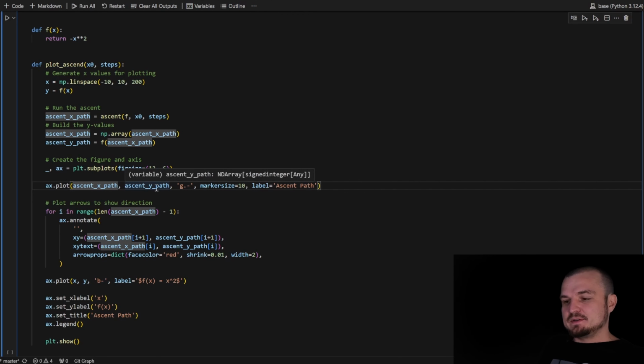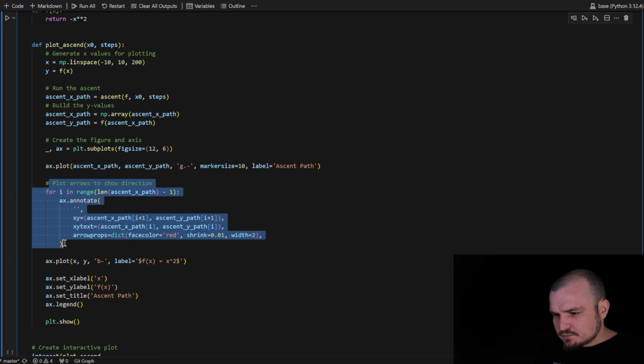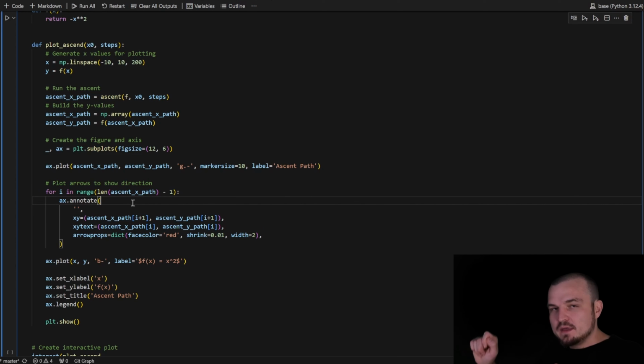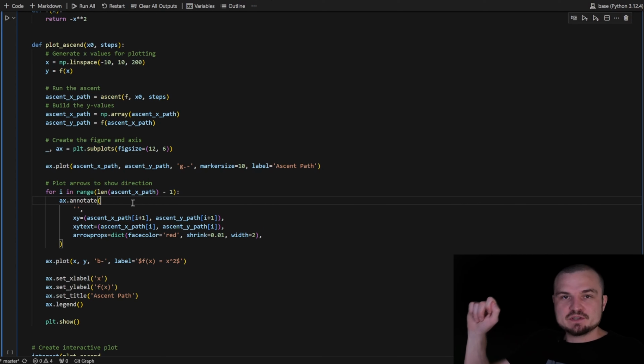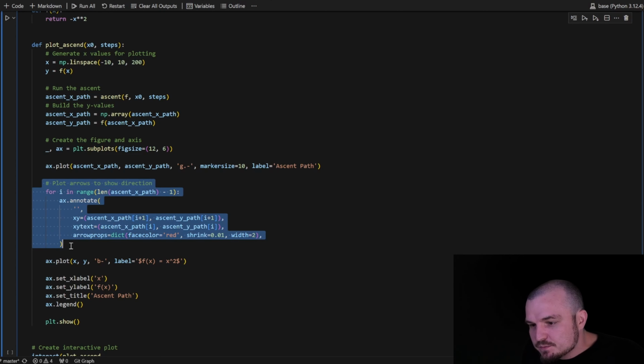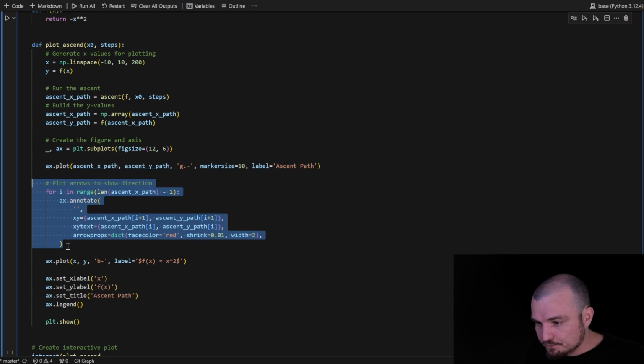XPath against the YPath, and we add a bunch of errors, because we have this ascent path, and every step we just move in the direction of the steepest ascent. And for this purpose we have this tricky plot loop.